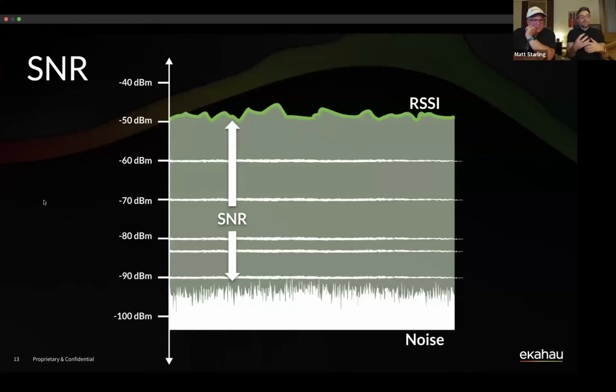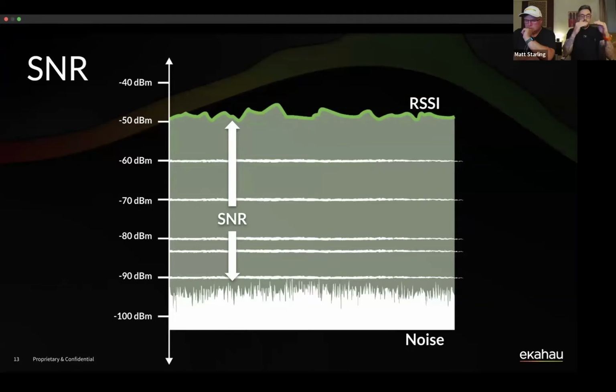And the minimum SNR that you want to be achieving typically is around 25 dB. The reason for that is that when you've got a minimum of 25 dB signal to noise ratio, that typically means you've got a fairly good signal strength compared to the noise. And that therefore means that your device should be able to do faster data rates, higher MCS, and have a better experience on the Wi-Fi.